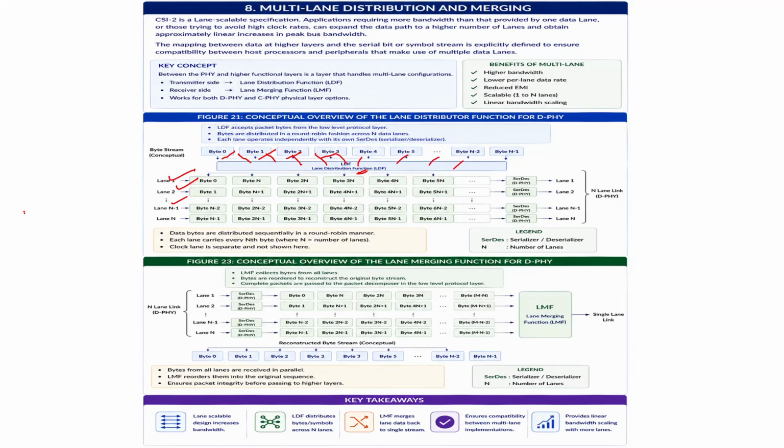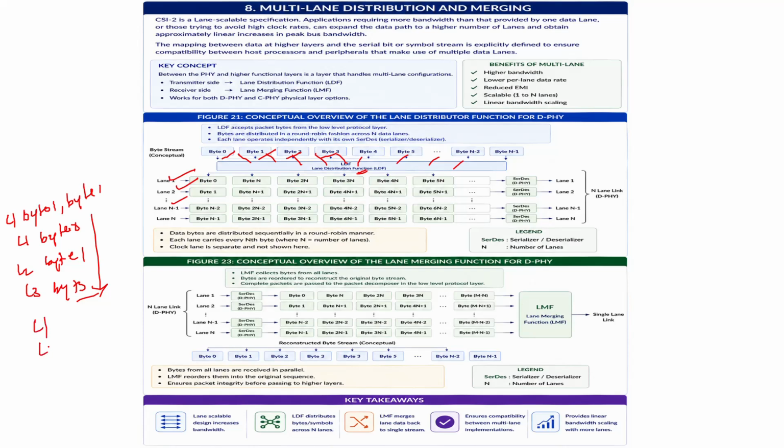Lane 1 data byte 1, we are byte 0 you are transmitting, after that byte 1. Okay, so in lane 1 you are sending byte 0, in lane 2 you are sending byte 1, and in lane 3 you are sending byte 3. So in this way it is transmitting. After that again